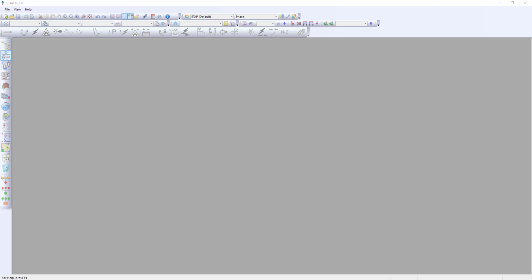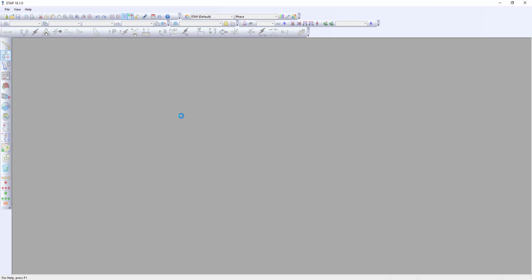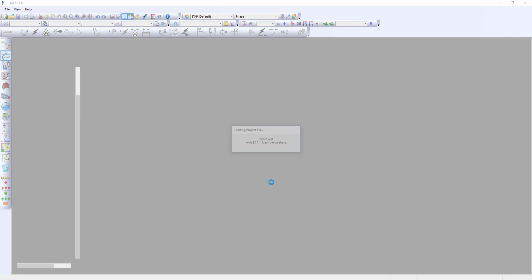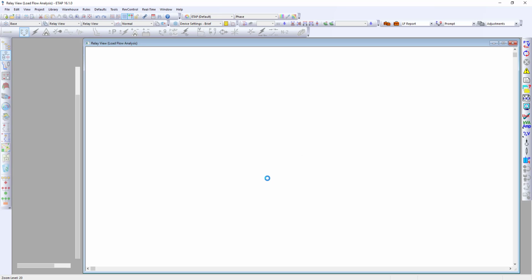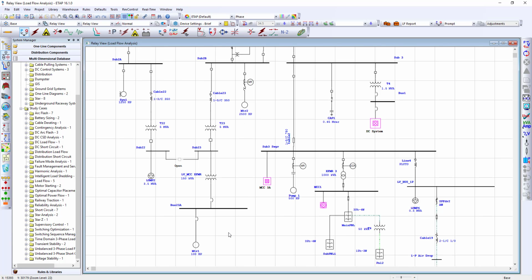Let's now pretend that the file is transferred to the consultant, whether it's an FTP or in some other means, and I'm now the consultant. The consultant will now come in, open the master project copy that was assigned to the consultant. We went ahead and open the file database here, and the consultant is going to get to work on performing